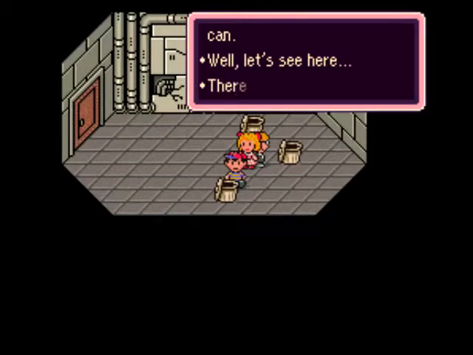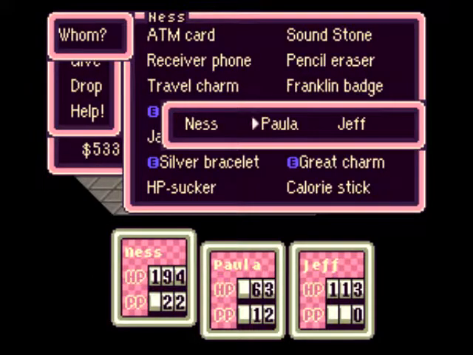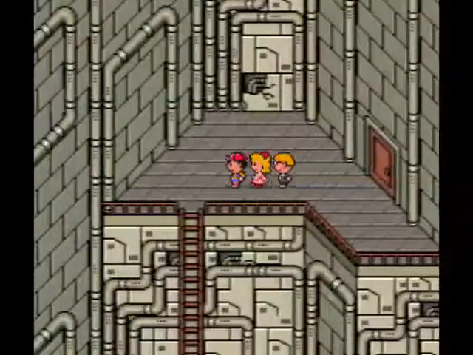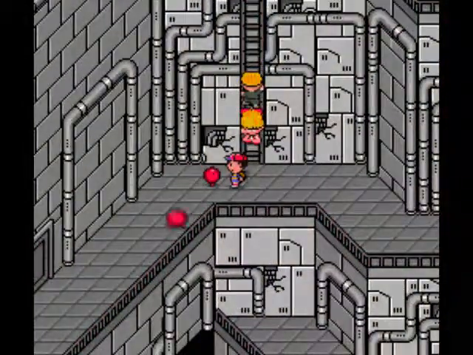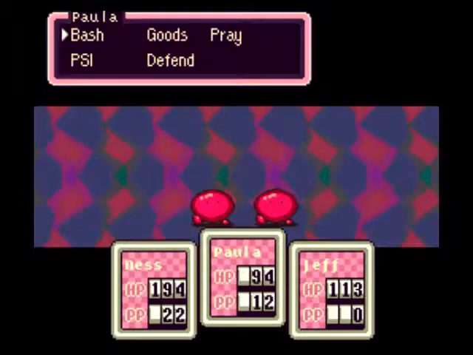And let's go ahead and see what's inside here. It's a calorie stick. Let's go ahead and use that on Paula. And then we can leave. Probably gonna have to fight some more foppies on the way. Yeah, it's just foppies. The third one from behind us didn't come up to us, just these two in front